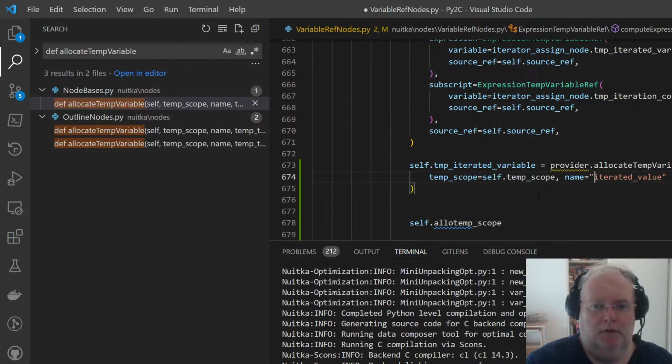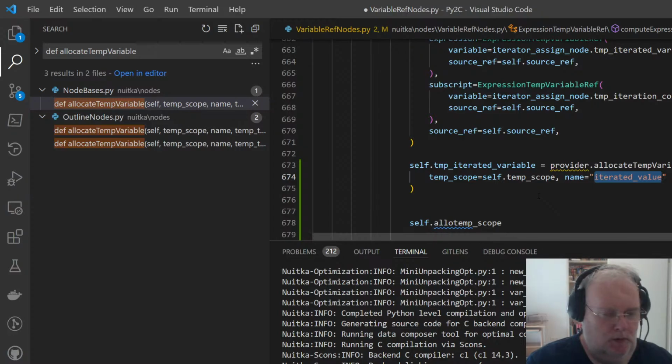So the name is going to be next value. I do not want to use the same name for all of them, do I?